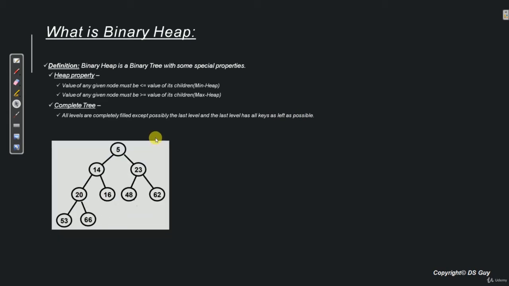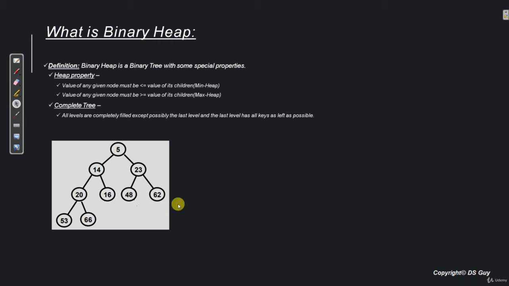So let's say this is our binary heap, and what we see here is that all the levels are completely filled. Level 1 is completely filled, level 2 is again completely filled, level 3 is again all filled. The last level, which is level 4, is not completely filled. We still have some space left over here.